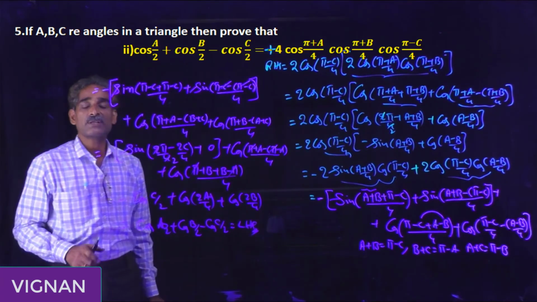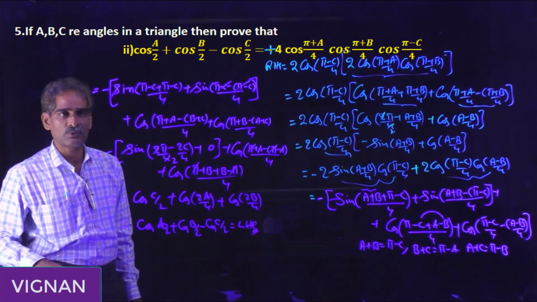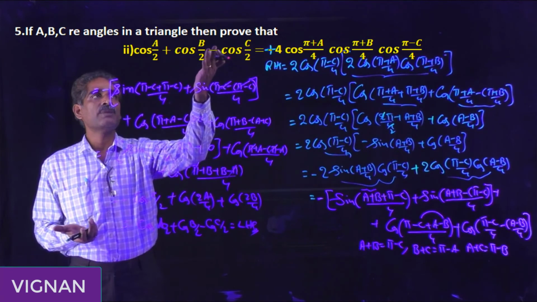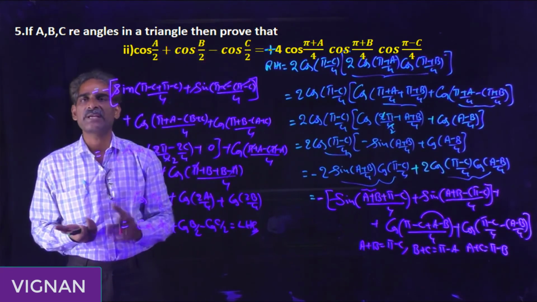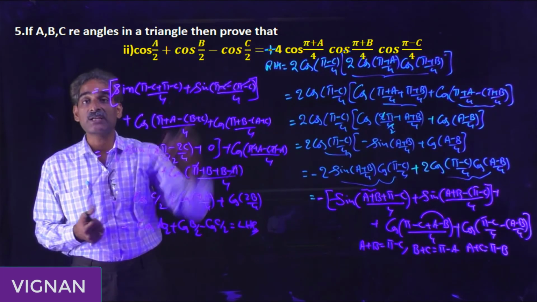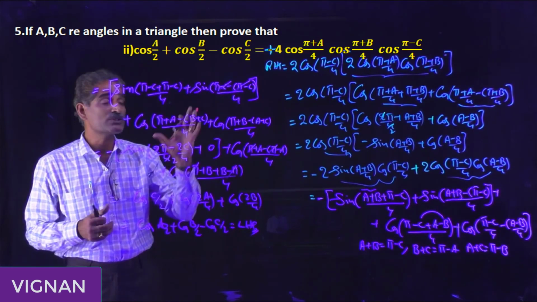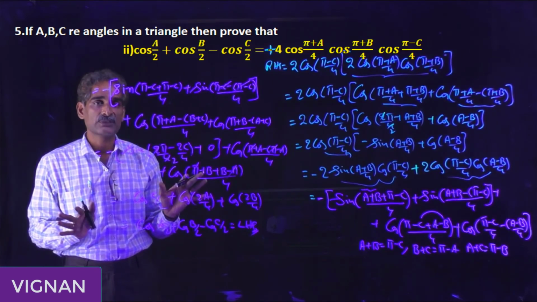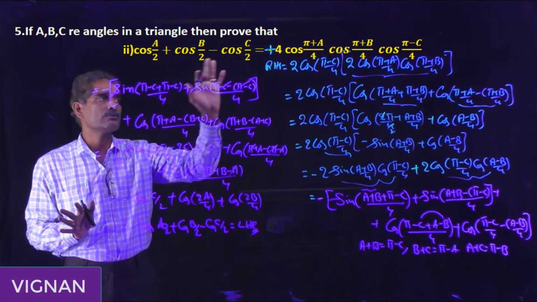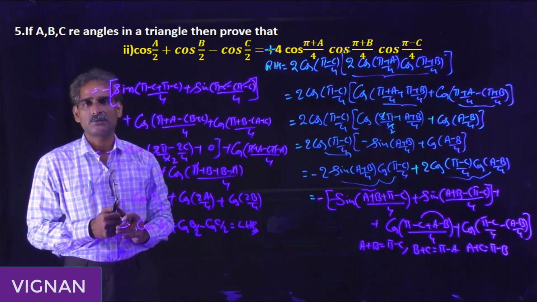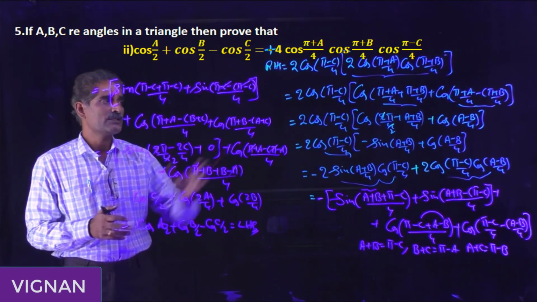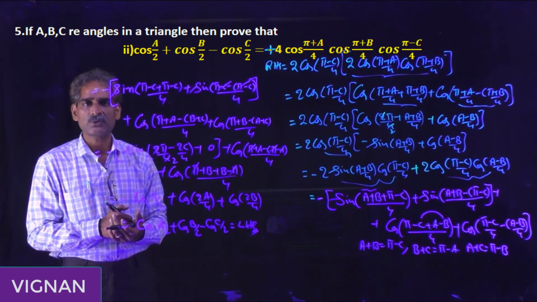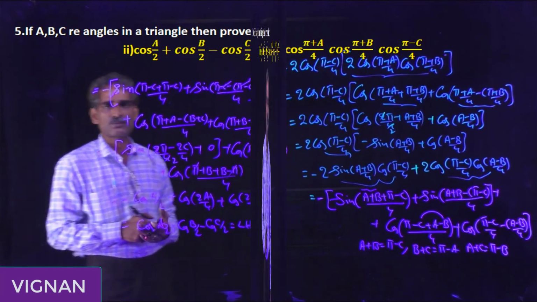This is a very important model, not just an important problem. You may change the combination. Here it may give minus at the B angle, minus at the A angle, or maybe positive at the C angle also. These are the combinations, but the procedure is the same. You have to observe the procedure, that's it. If this is the type of problem, it is better to start from the right hand side. You may solve from the left hand side also, but it is a little bit easier when compared with starting from the left hand side. Okay, so one more problem on this model.